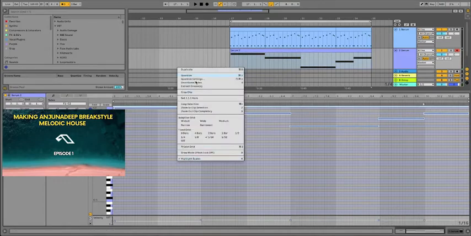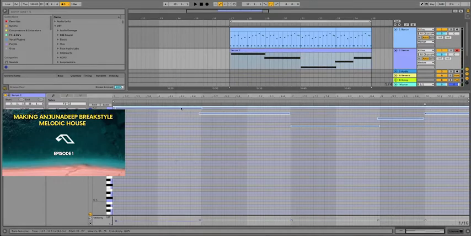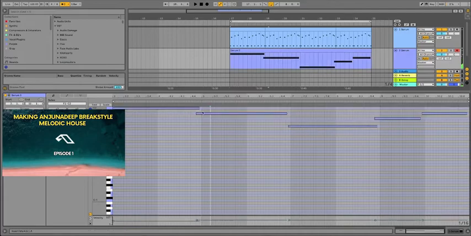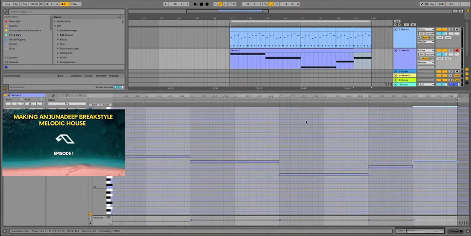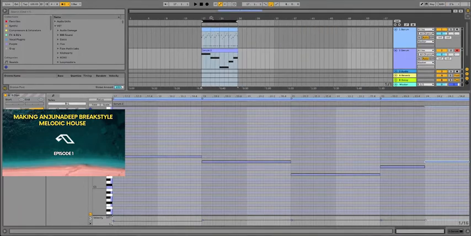Let's quantize that. We're probably better off if we quantize it this way, and just fix up these notes here. Like I said, it's just a very simple theme, but we'll try and build something around it. I have an idea in my head of how I want it to sound.